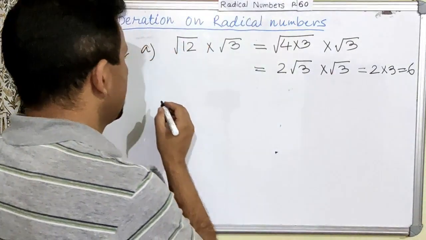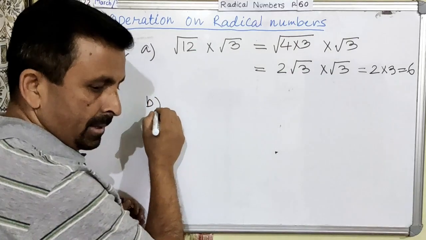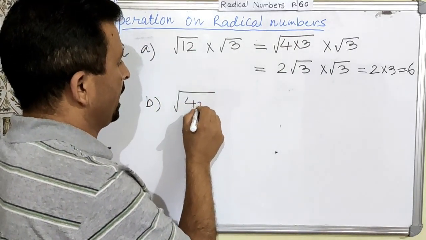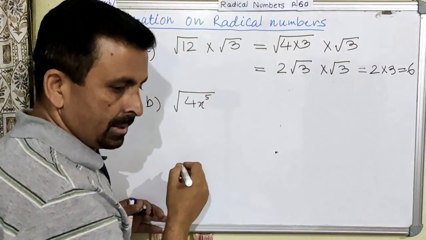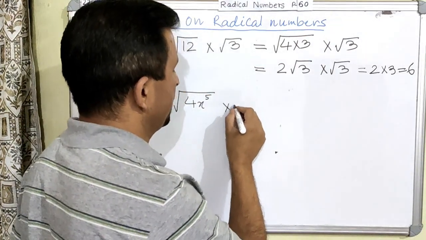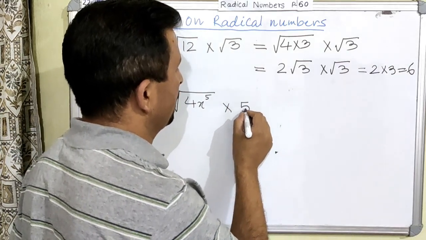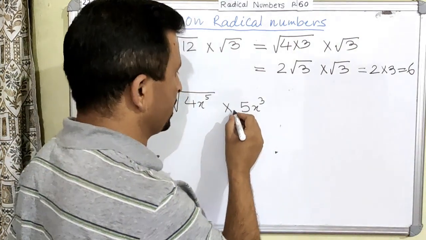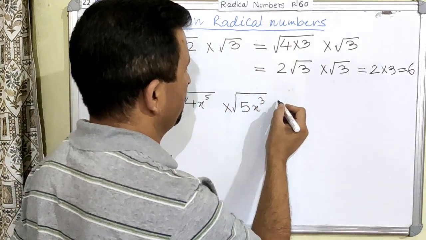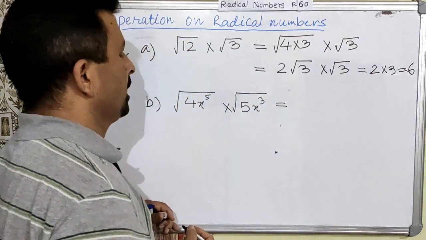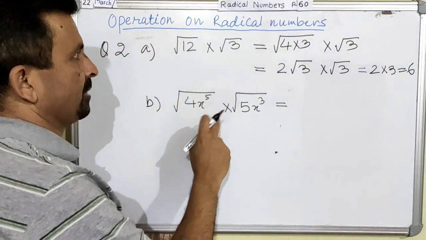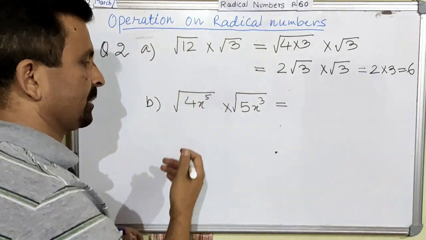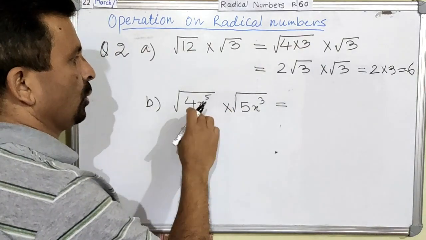Okay. Number B is root over 4x to the power 5 into 5x to the power 3, root over. Okay. Now, in multiplication or division, in any case, we can